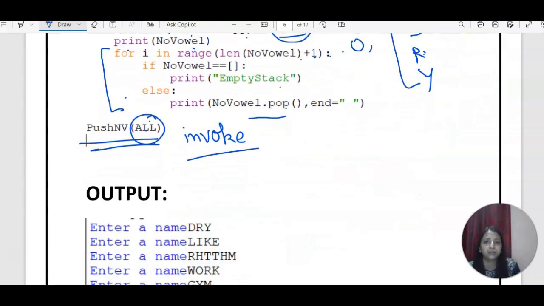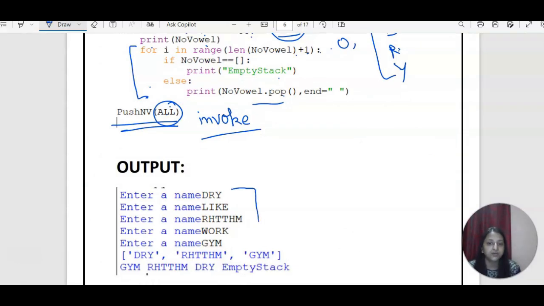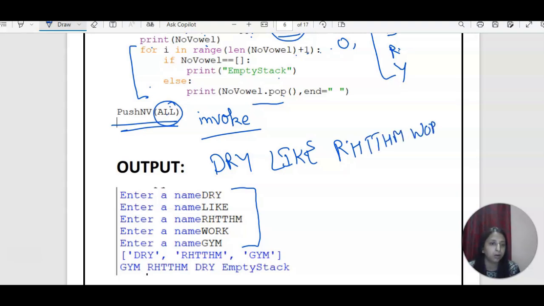Now please check it with respect to this example. Suppose these are the 5 values which we have entered. We have dry, we have L-I-K-E, like, we have rhythm, R-H-Y, whatever I have typed. Then we have work, and then we have gym. First time we have dry, there is no vowel inside it, so this will be added into the no vowel list.